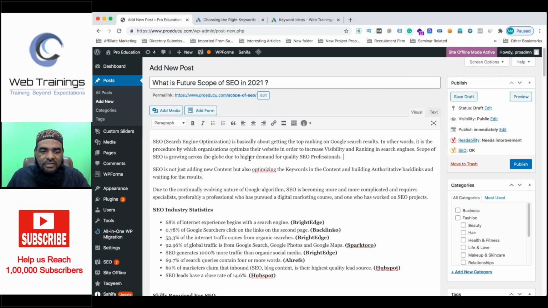SEO is not just adding new content, but also optimizing keywords in content, building authoritative backlinks and waiting for the results.